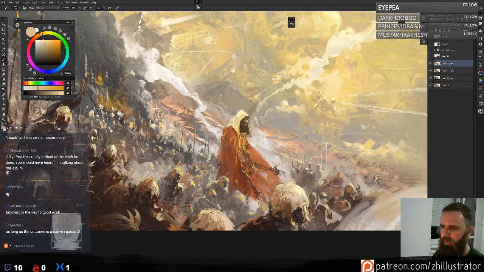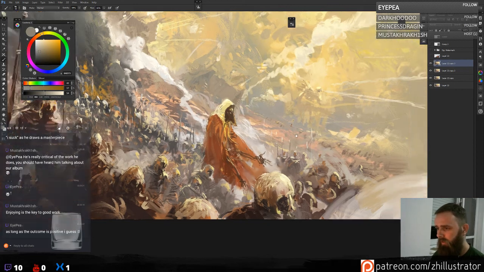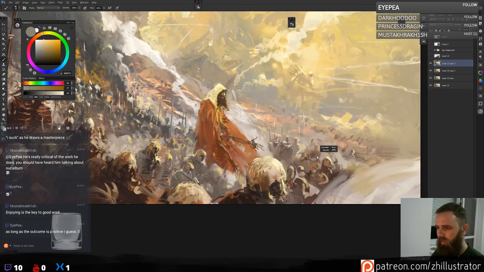Just add a little bit of 3D to these tank thingies. Tank invadey thingies. And let's add some guys here.